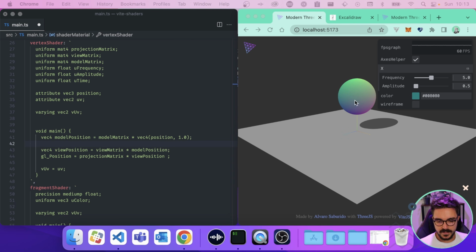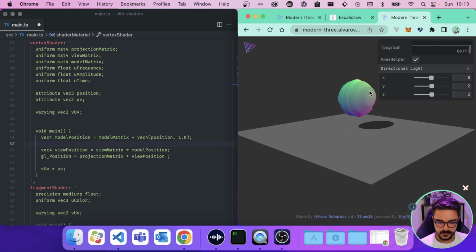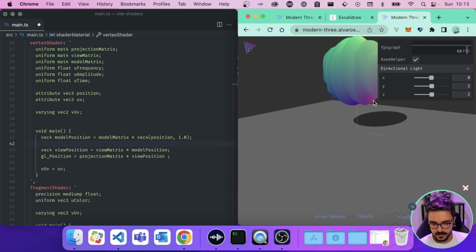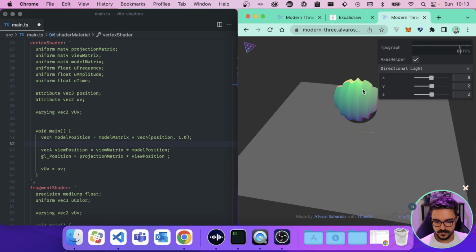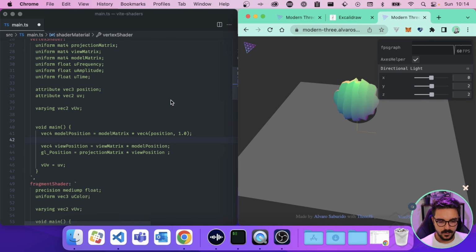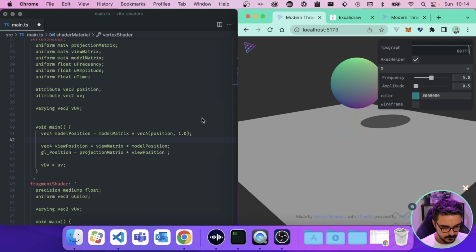And also we learned about color in the fragment shader and how to use the UV map to color it, right? So let's put all that knowledge together to achieve our final result, which is this one. As you can see, it's a sphere with a UV map, but it's doing certain waves inside, okay? So how can we achieve that?